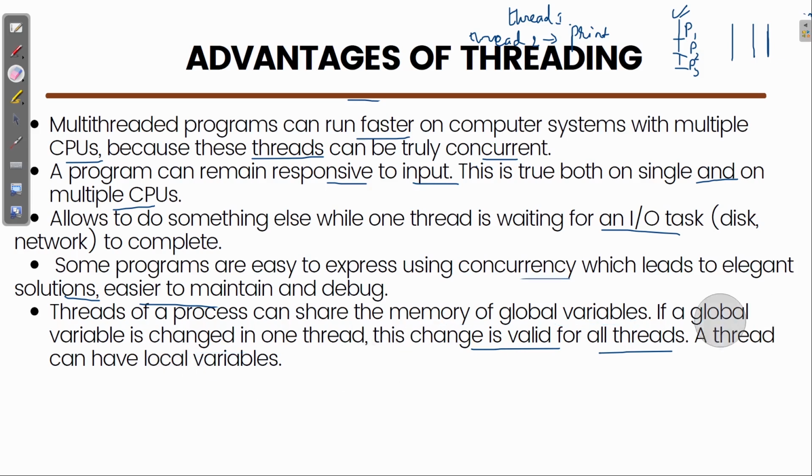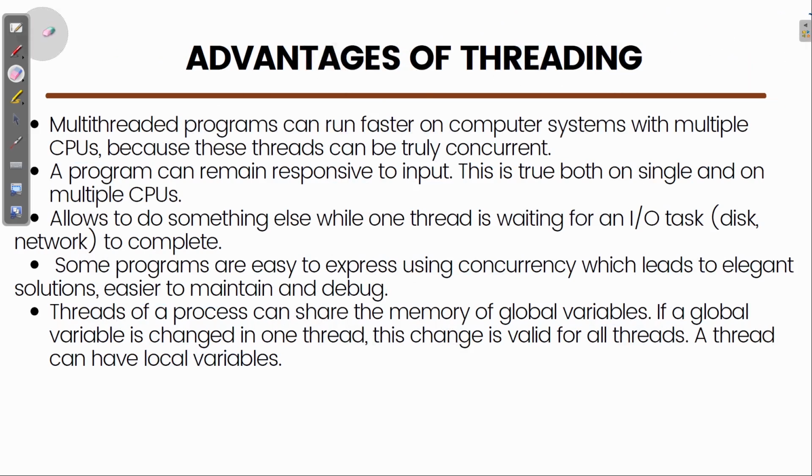Okay. So I guess there is no problem if you are clear with the global and local variable concept, then I don't think there will be any problem in this concept. Basically, the advantage is that we can do our work faster with the help of multiple CPUs, or you can say processors, or cores. So yeah, multi-core system. If the concept of multi-core is clear, then you can easily understand that.